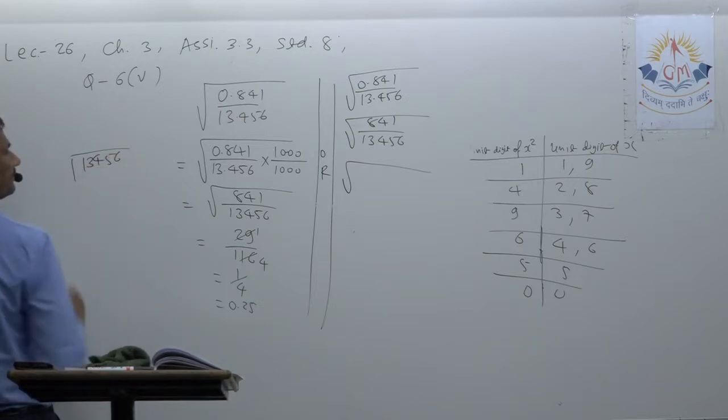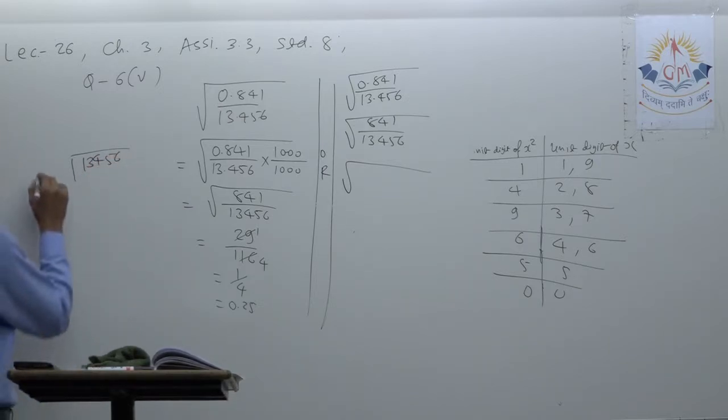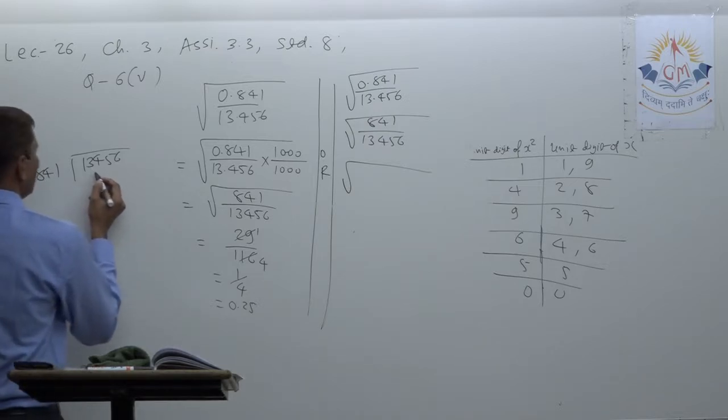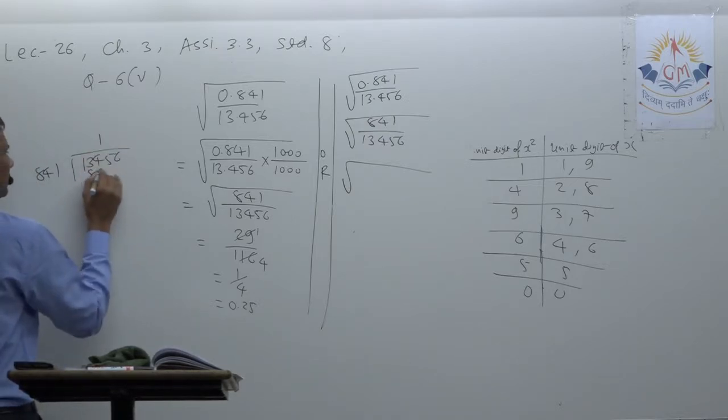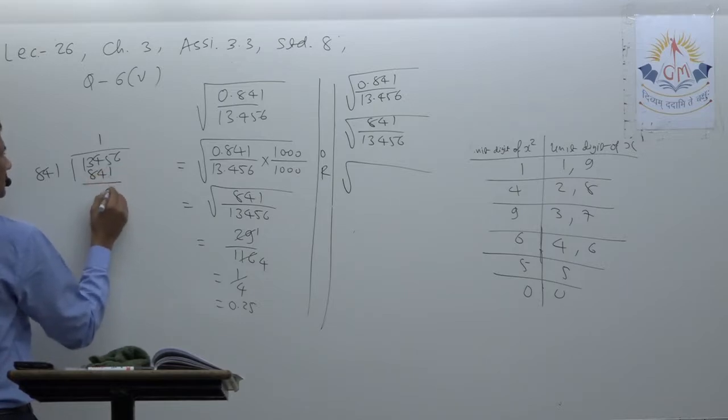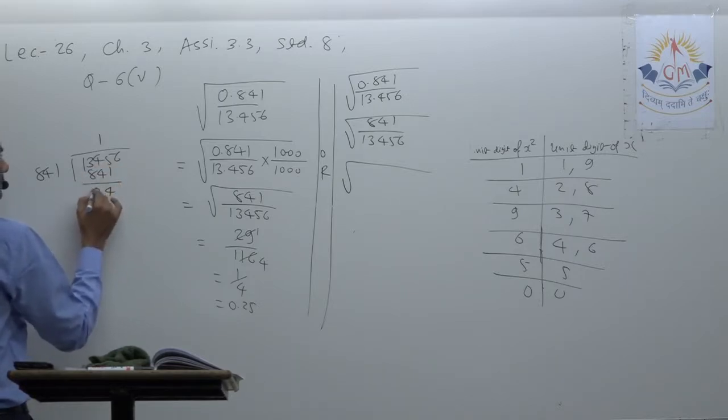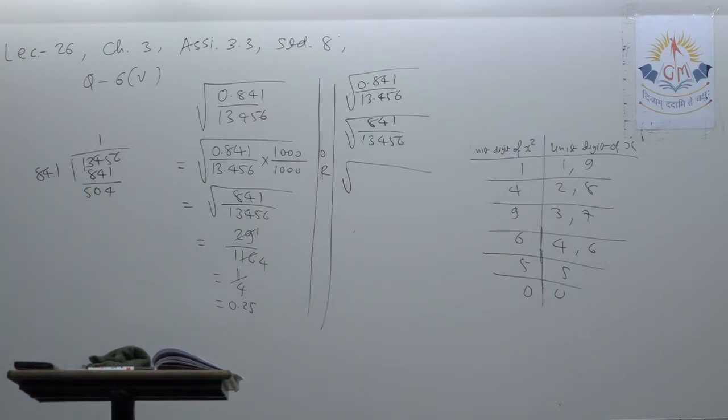13456 is divisible by 841 or not? So first of all I go by 8 4 1: 8 fours, 5 minus 1 is 4, 4 minus 4 is 0, and 13 minus 8 is 5. Okay, now 6 comes here. So now again look where it is possible. I directly go to 8 4 1 into 6 because the last digit is 6. So 6 ones are 6, 6 fours are 24, 2, 8 6 are 48 plus 2.